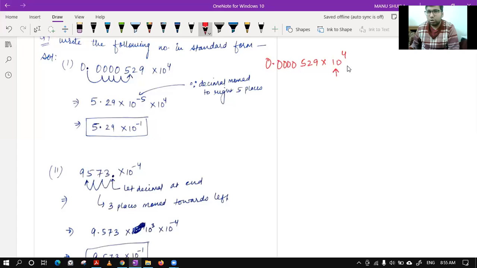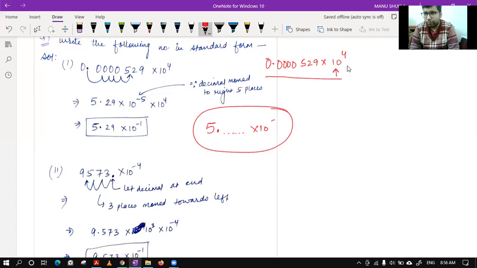So class, there are two ways to find the standard form of this given term. Actually, what is standard we all know. First we need to have a non-zero number, then we should have a decimal. After that we could have numbers and 10 power something. This is known as standard form. If you see, the decimal is after 0. So right now, is it standard or not? Please tell. Can we say this is standard form?